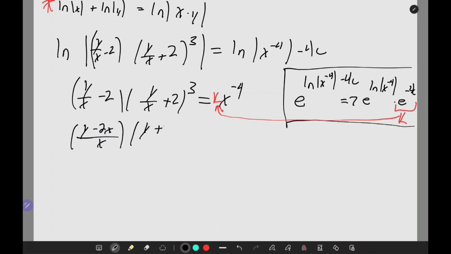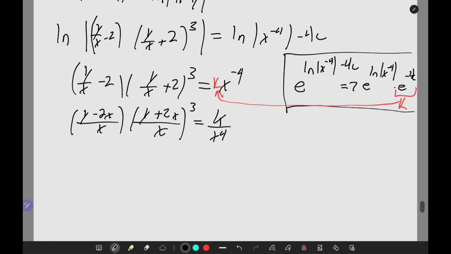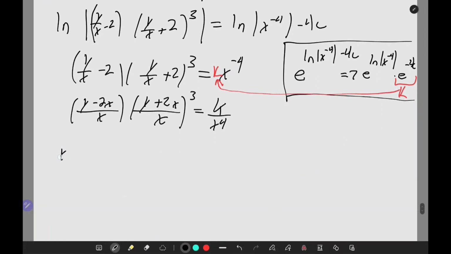And then we're left with y plus 2x over x cubed is equal to k over x to the 4th, right? Now, if I multiply the left side by x to the 4th,